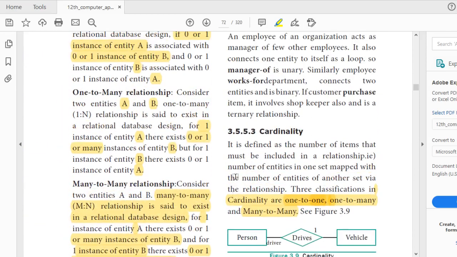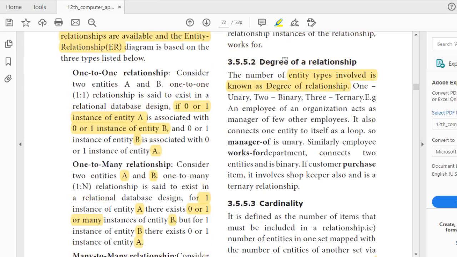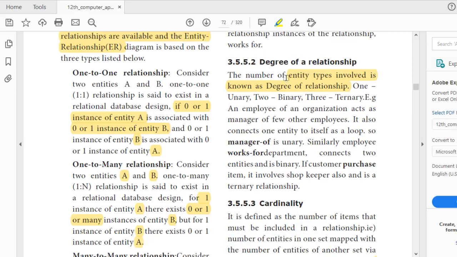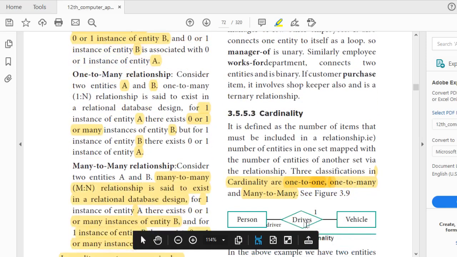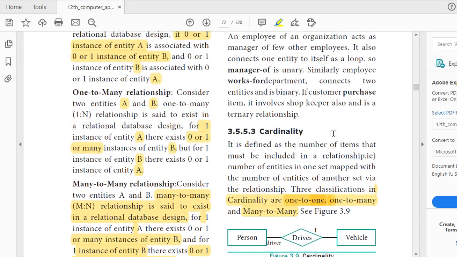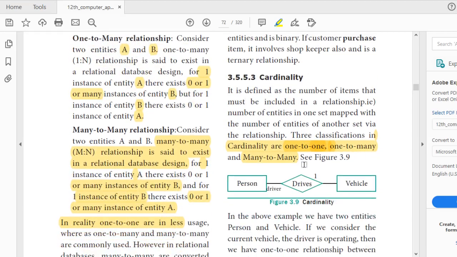Though there are some similarities between degree of a relationship and cardinality, degree of a relationship informs you the number of entities, number of tables that are involved in the relationship. Okay, and cardinality also represents the number of items in the relationship. So between two tables, what kind of relationship? One to one, one to many, or many to many relationship. It emphasizes on relationship, whereas degree represents the number of tables. Okay,